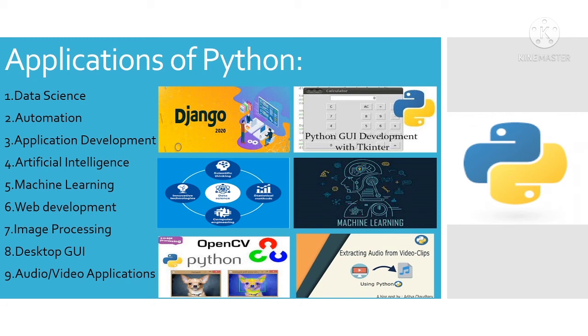The purpose of data science is to understand the data, to clean the data, and to give some visualization to the data. Next one is automation, application development, artificial intelligence, machine learning, web development, image processing, desktop